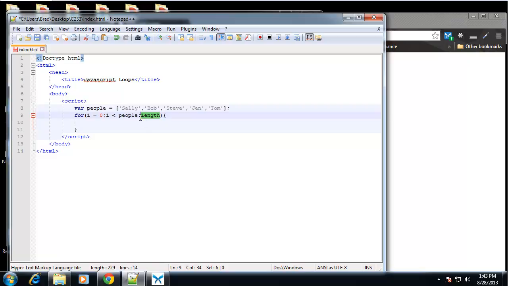If it's an array, then length is going to give us the number of values in the array. So we're saying I equals 0 for as long as I is less than the length, or the number of values, then we're going to run some code. But we also can't forget to add on the increment. So what we want to do is do the same thing. We want to print it out to the screen. So we'll say document.write,